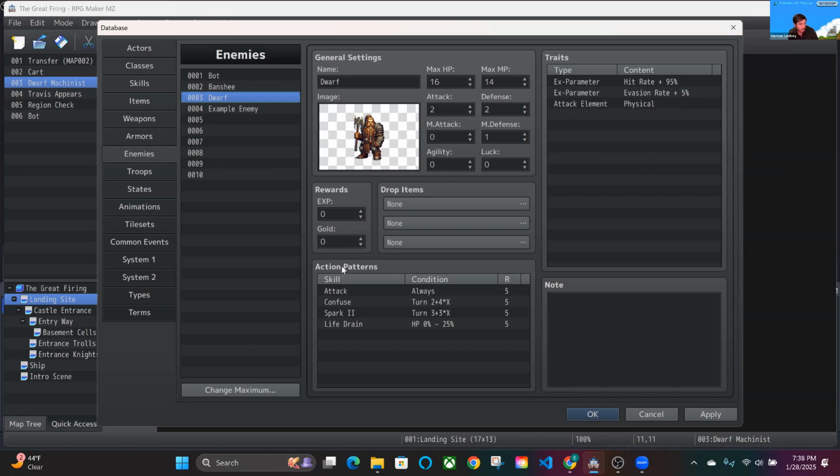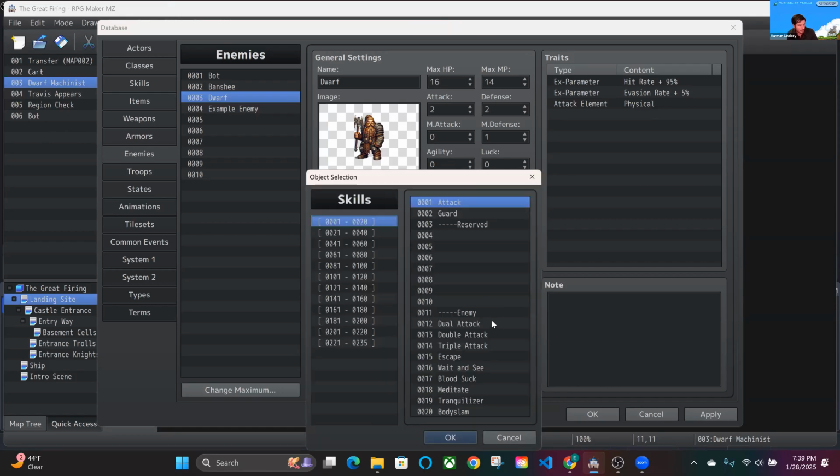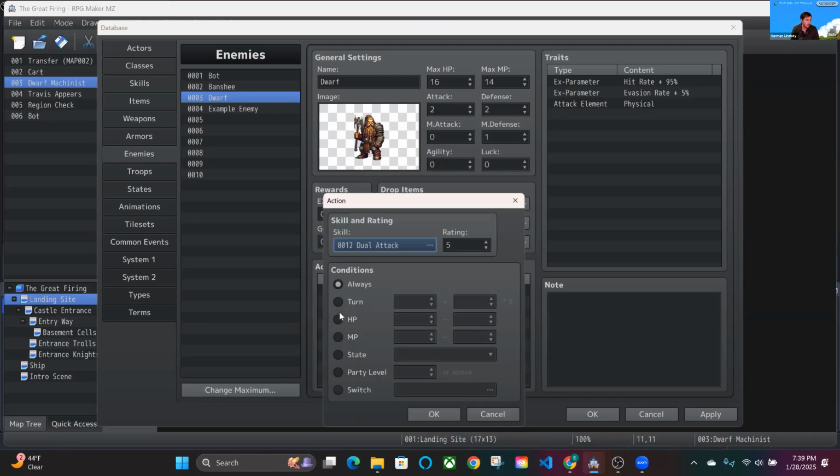However, as we can see here, we've actually given him a series of skills for different magic that this dwarf in particular might have. To give enemies new things, you just simply have to edit, and you add a new skill. In this case, let's give the dwarf some weird ability to dual attack. So, we've set about his ability to do a new skill. The rating, as stated in here,